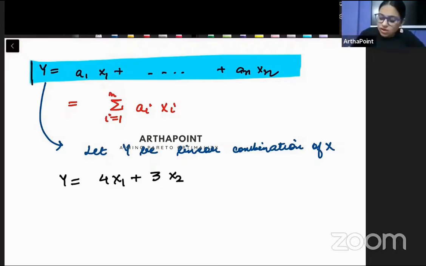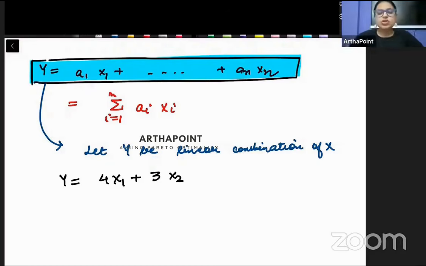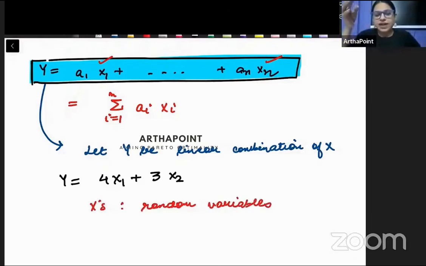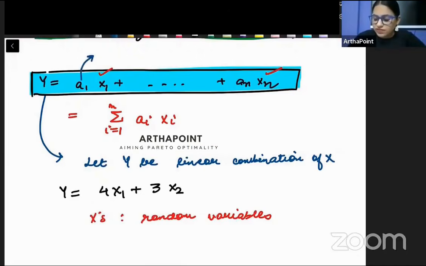तो यहाँ पर हमने ये बोला कि y is some linear combination of x's. और यहाँ पे एक बहुत important चीज है that we need to understand here, कि ये जो भी x's हम ले रहे हैं, whatever x's we are taking, these x's are random in nature. ये जो हमारे x's हैं, these are random variables. राइट बेटा? तो ट्राई टू अंडरस्टैंड कि y जो है वो लीनियर कॉम्बिनेशन है x's का, और ये जो x's हैं ये रैंडम वेरिएबल हैं, और हर एक को हमने कुछ वेटेज दी है, और वो वेटेज है a1, a2 एंड सो ऑन टिल an.